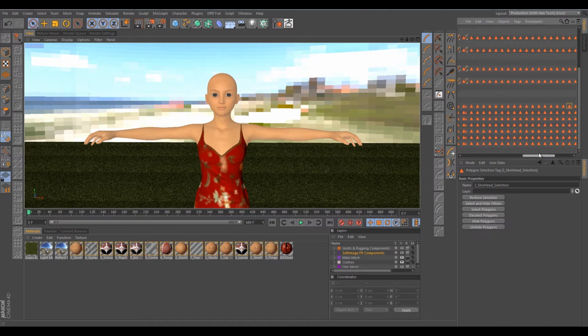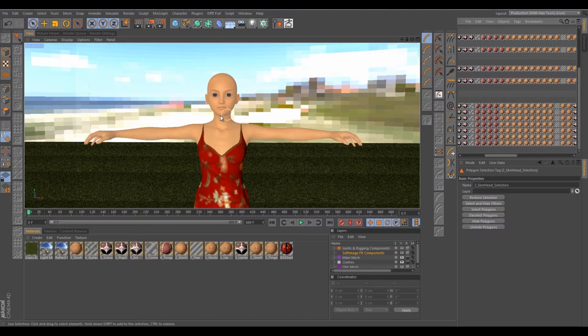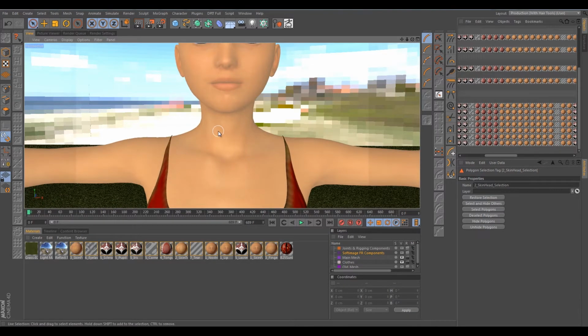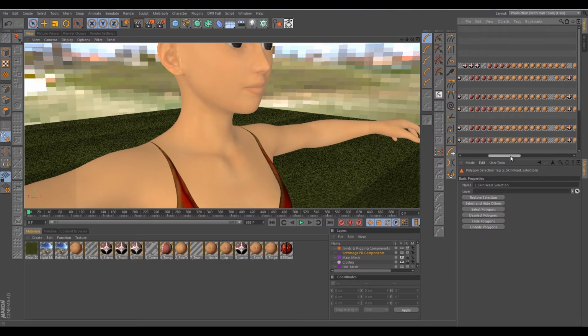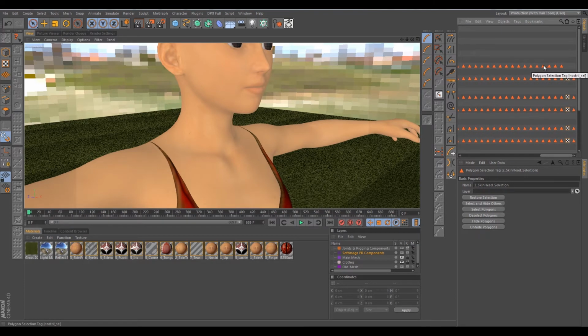All right. After that, there was one selection in particular that was just messed up, and that was the neck selection, and that's probably because the neck is where the break was made for Softimage. So in order to fix that, all we had to do was just recreate the selection. It was pretty simple. If we come here and we look for the neck selection here, okay, the skin neck selection,